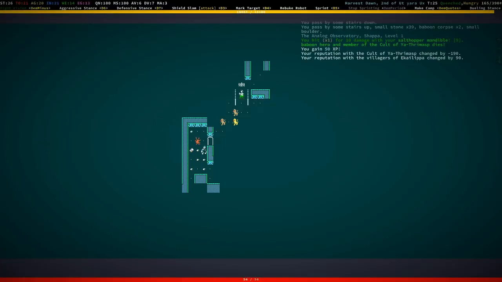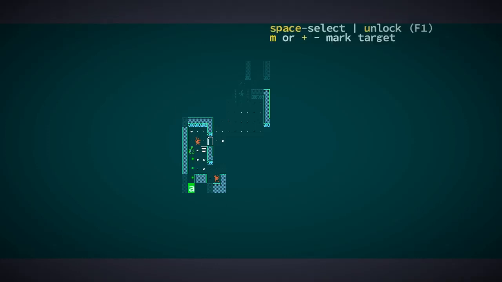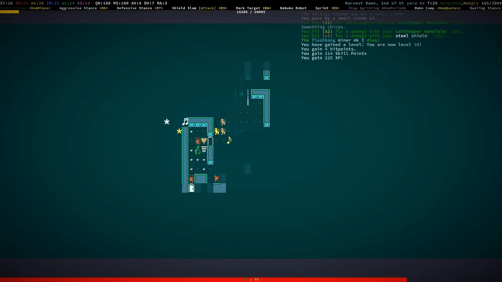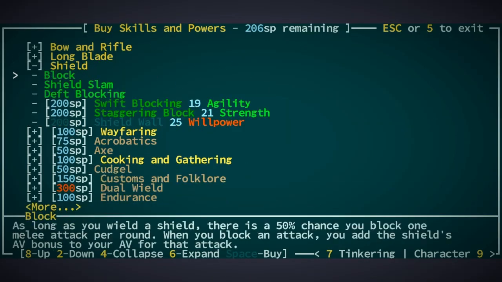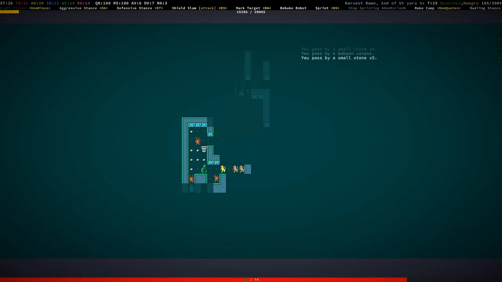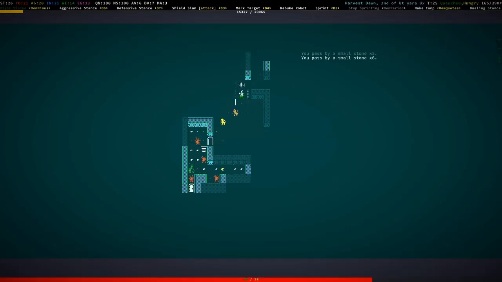Yes. Okay. Getting there. Not really any interesting loot because baboons don't have it. They're not really carrying anything except for rocks. So, yes, level 10. Neat. Okay. So, what we're going to do is we're going to get swift blocking. We're also going to get staggering block at some point. And that will be the shield tree maxed out for us because we're never going to get the willpower for shield wall. But that's going to be...